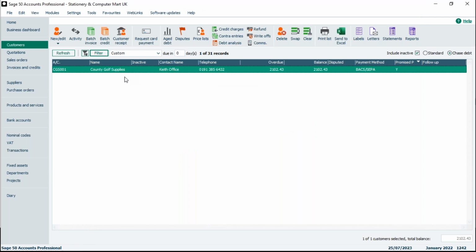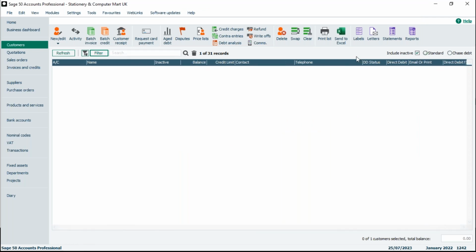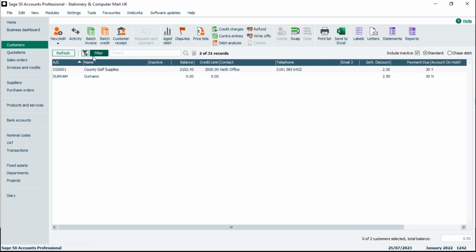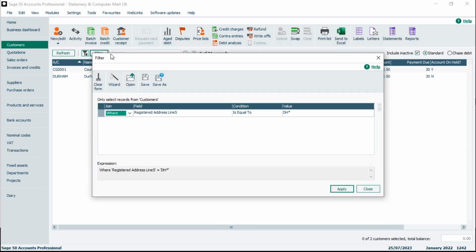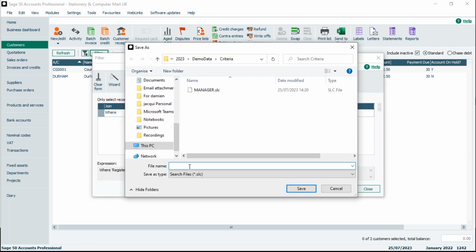Now, finally, I just want to show you, if you have got a search that you're going to use on a regular basis, you can actually save a filter. So for example, here we've got the one where we're looking for all of those in a postcode beginning with DH. Now, if I want to run that on a regular basis, rather than trying to remember what to put into each field, what I can do is save. And I'm just going to call this Durham and save